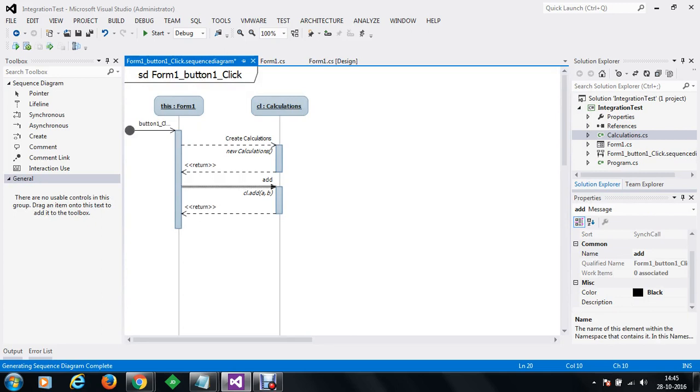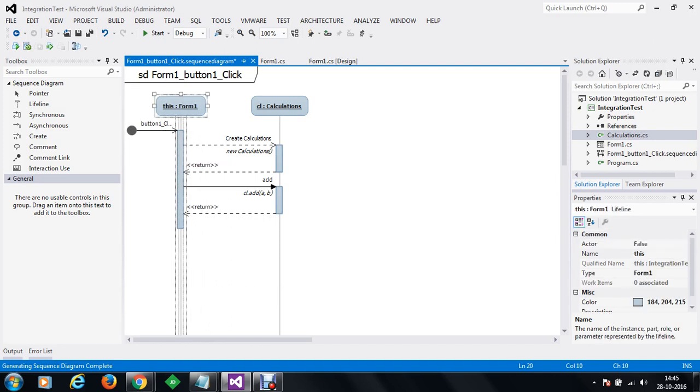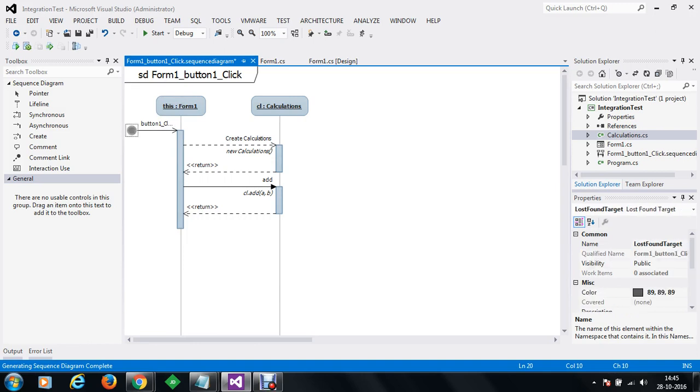Now once the sequence diagram is generated, let me explain the diagram. Here, this is the starting point of our diagram. As soon as the form is initialized, there is a button control here. As soon as you click the button, your method body is executed.